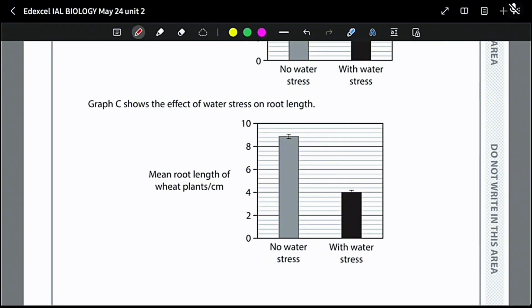And fewer nitrates will result in reduced amino acids, protein, DNA, and chlorophyll, and that will impair growth. And the calcium ions will make less calcium pectate. So our middle lamella, which is made up of calcium pectate, will be weakened, and it will reduce cell adhesion. And all of this will affect the overall plant strength and stability.